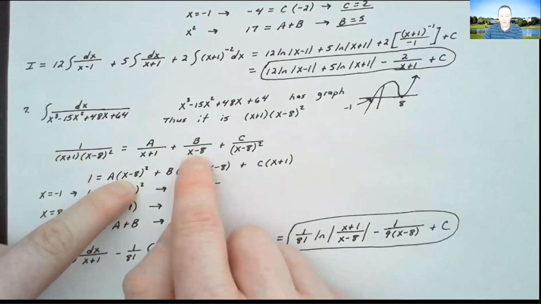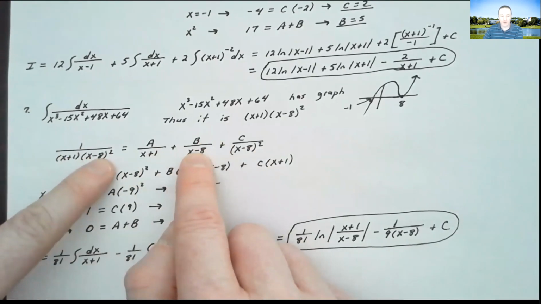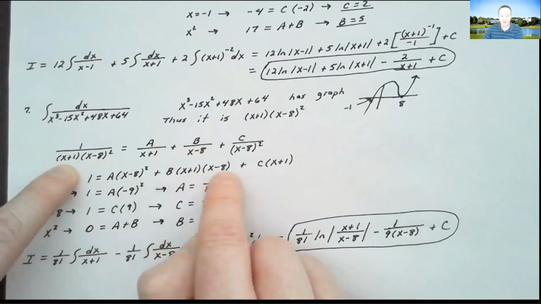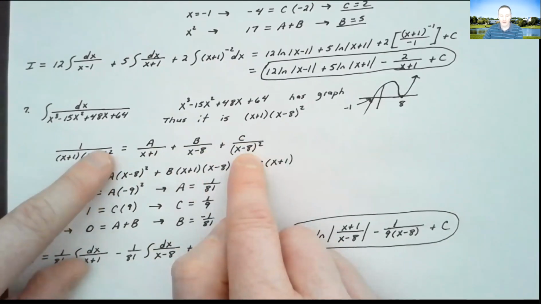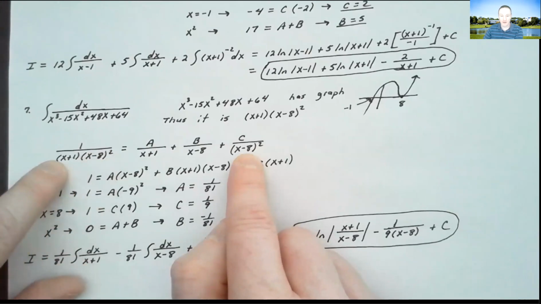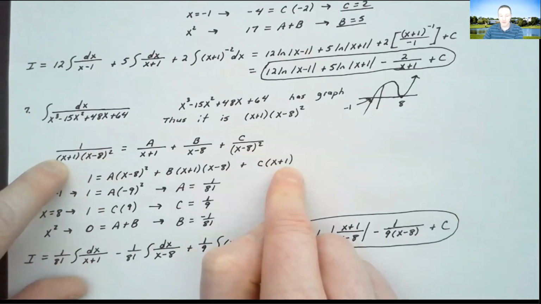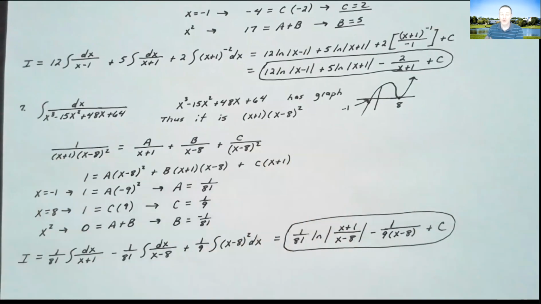The B, one of the factors of x minus 8 is going to cancel, but you're still going to have x plus 1 times x minus 8. And the C, you're going to cancel out both factors of the x minus 8, and it'll only be multiplied by x plus 1. And so now, if you're trying to solve for A, you can say, well, let's let